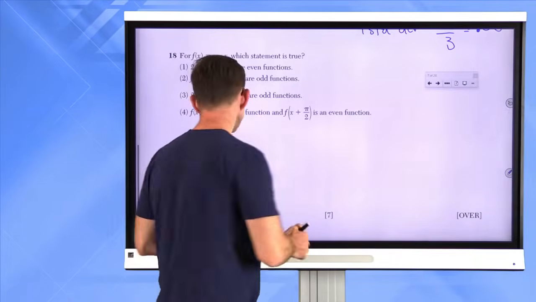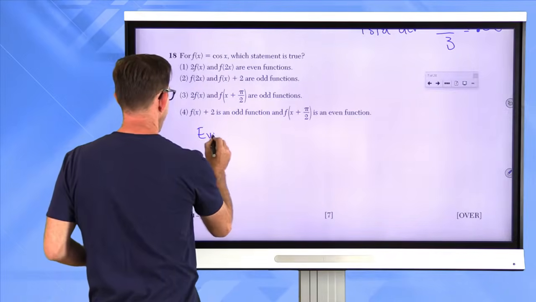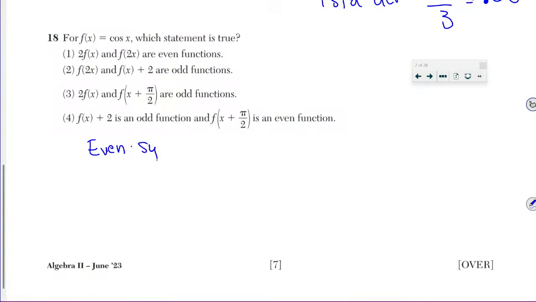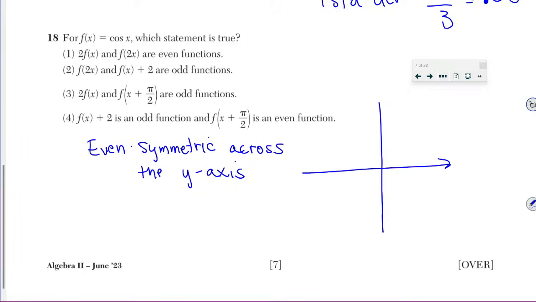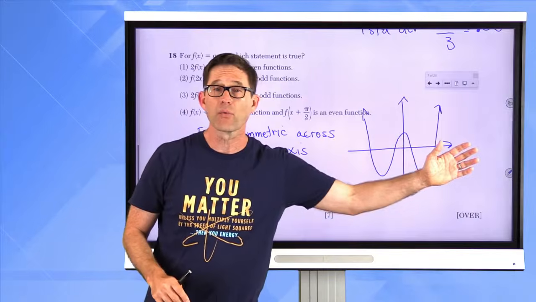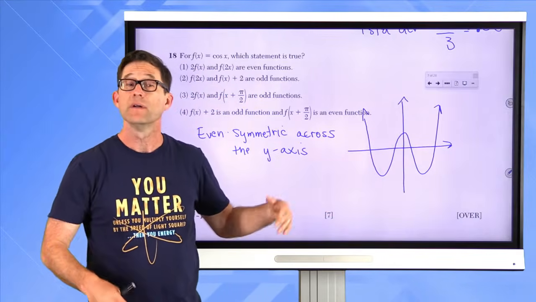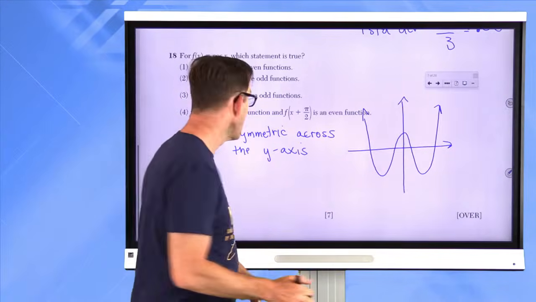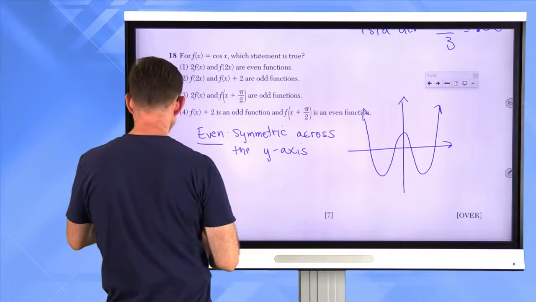So an even function is symmetric across the y-axis. All right, so in other words, if I had a function that maybe looked like this, that would be an even function. It looks exactly the same on the right as it does on the left. That's an even function. An odd function, so I'm going to take advantage of this right now to review